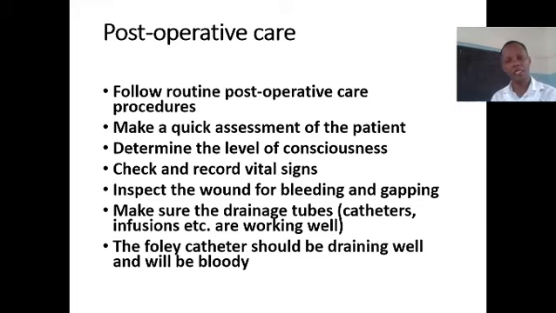Make a quick assessment of the patient, determine the level of consciousness, check and record the vital signs, inspect the wound for bleeding and gaping, make sure the drainage tube or catheter infusions are working well. The Foley catheter should be draining well and will be bloody.